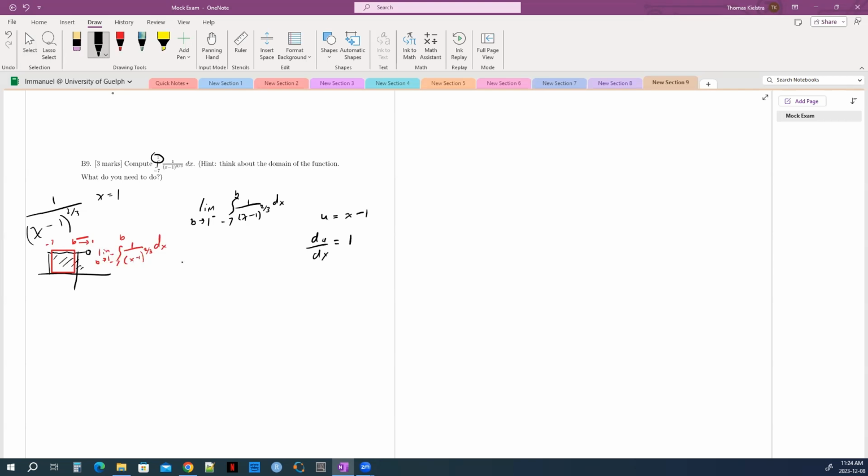So we get that this is equal to the limit as b approaches 1 from the negative of x equaling -7 to x equaling b of 1 over u to the 2/3 du by dx. So the limit as b approaches 1 from the negative, the integral of x equaling -7 to x equaling b of u to the -2/3 du by dx, which equals the limit as b approaches 1 from the negative of u to the 1/3 over 1/3